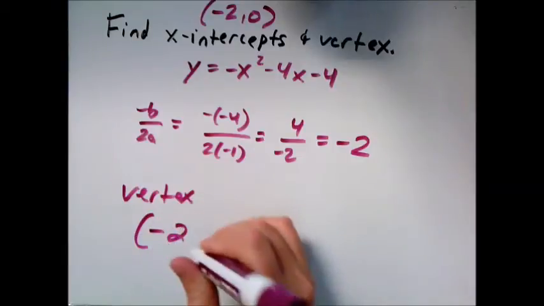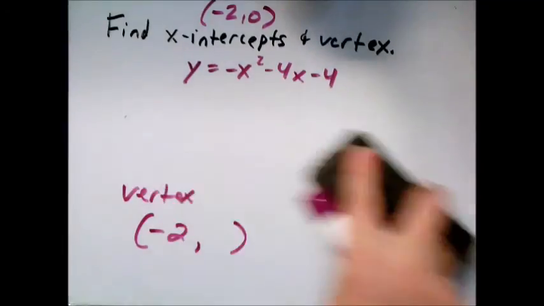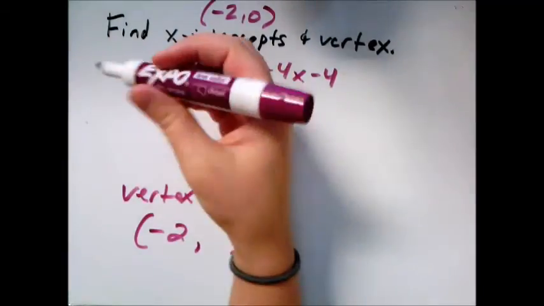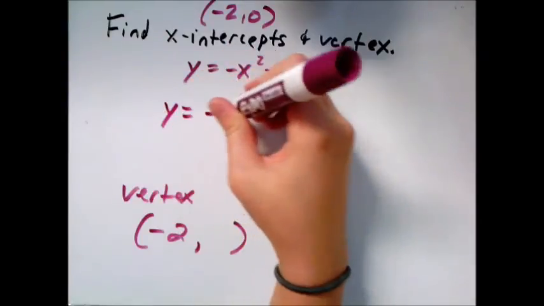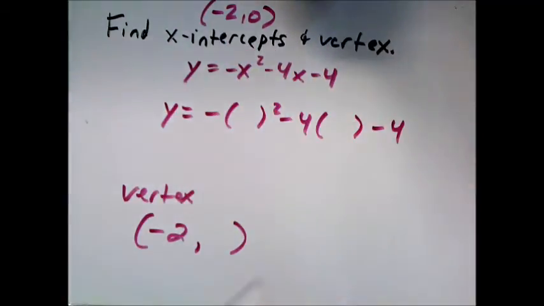All right, but the vertex is a point, and that only tells us half of the point. How can I figure out the rest? We'll plug -2 into this equation. Now, especially with all these negatives, I'm going to be careful to do the thing where I leave a blank space for whatever I'm going to plug in. So wherever there was an x, I left a blank. That way, when I plug in -2,